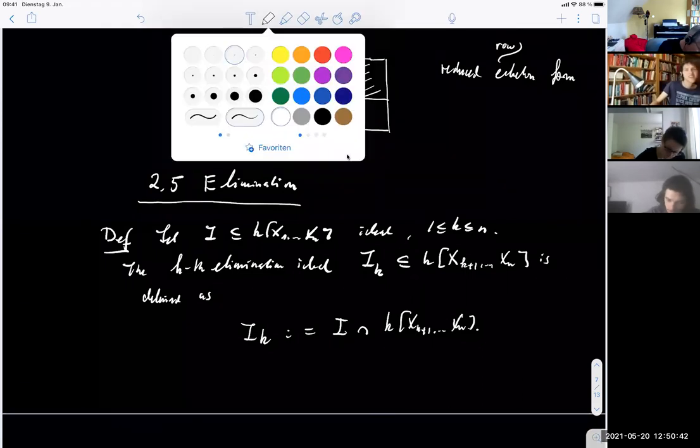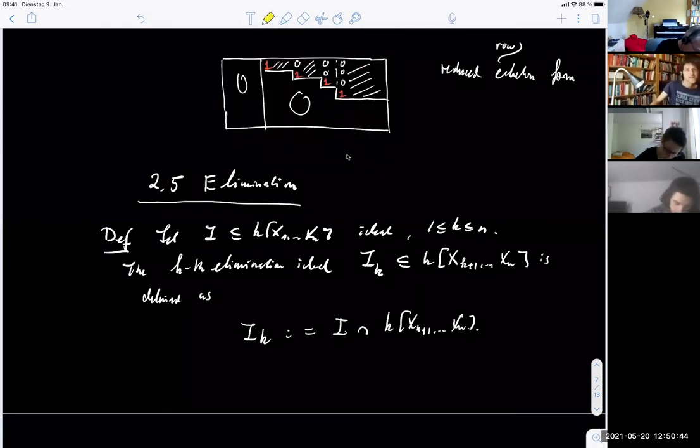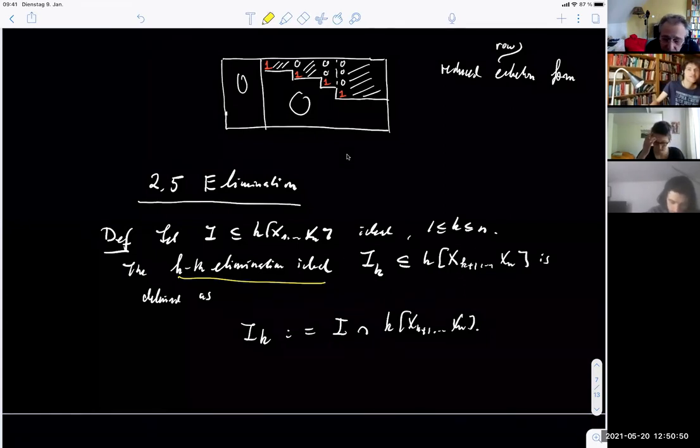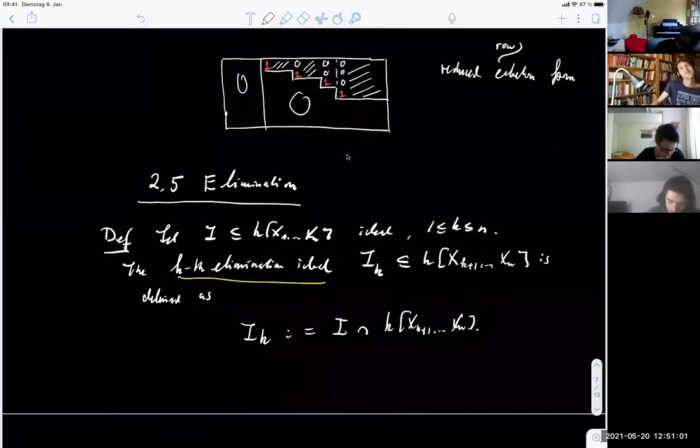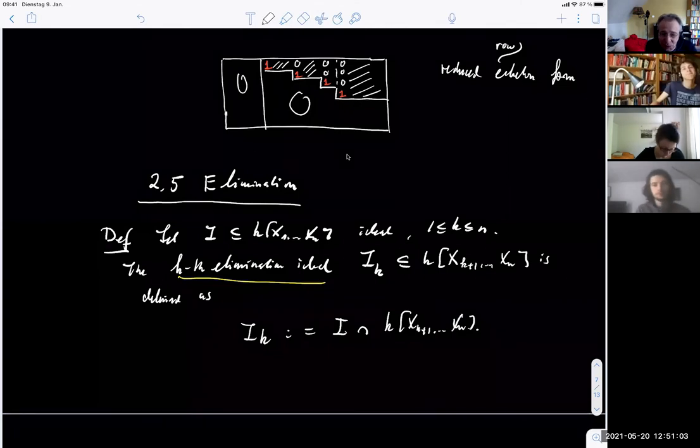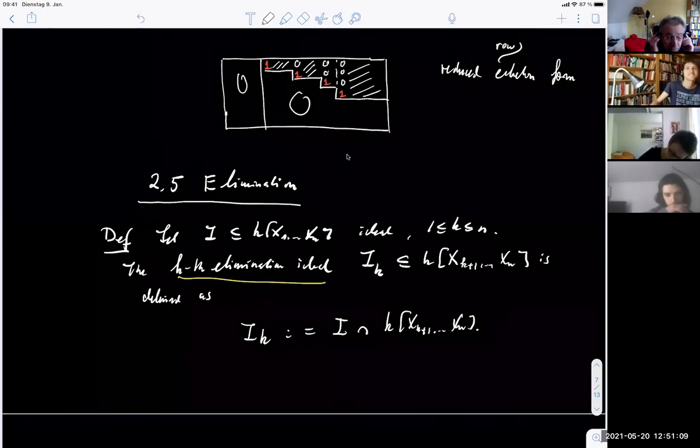So we just look at the polynomials in I which only depend on the last n minus k variables. This is the elimination ideal. Okay, there are two things. One is, what does this mean? And the other is, how do we compute it? How to compute it, we'll see with Gröbner bases, but let's first talk a little bit about what this